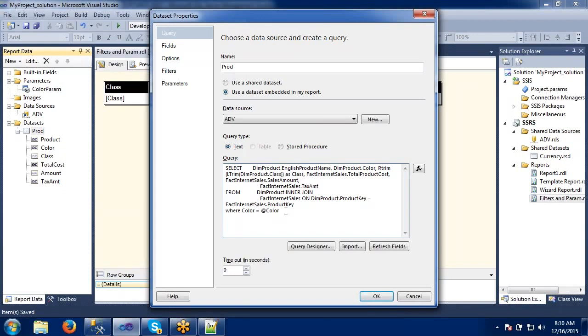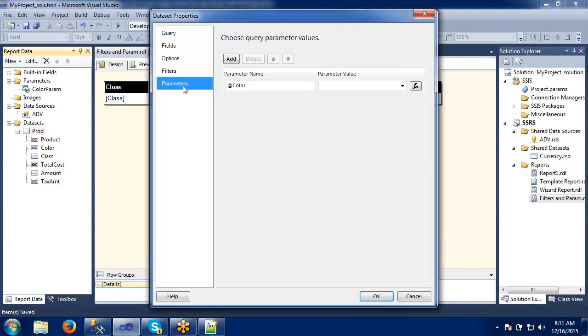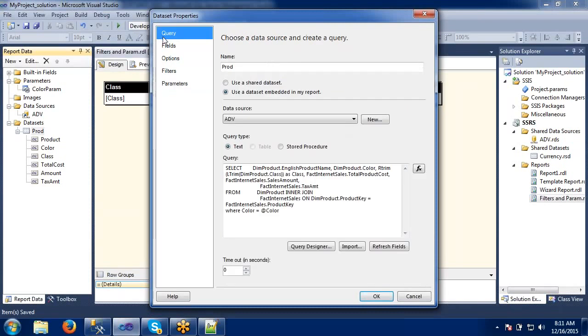So the first step is the report level parameter. The second step is the query level parameter. The third step, just go and map here, mapping. So in my query, I am passing this parameter, which I will pass through the report level parameter. Meaning in the report level, if I say red, then it has to come to this one, pass to this one, and filter the data. Okay, now let's check whether this is working or not.